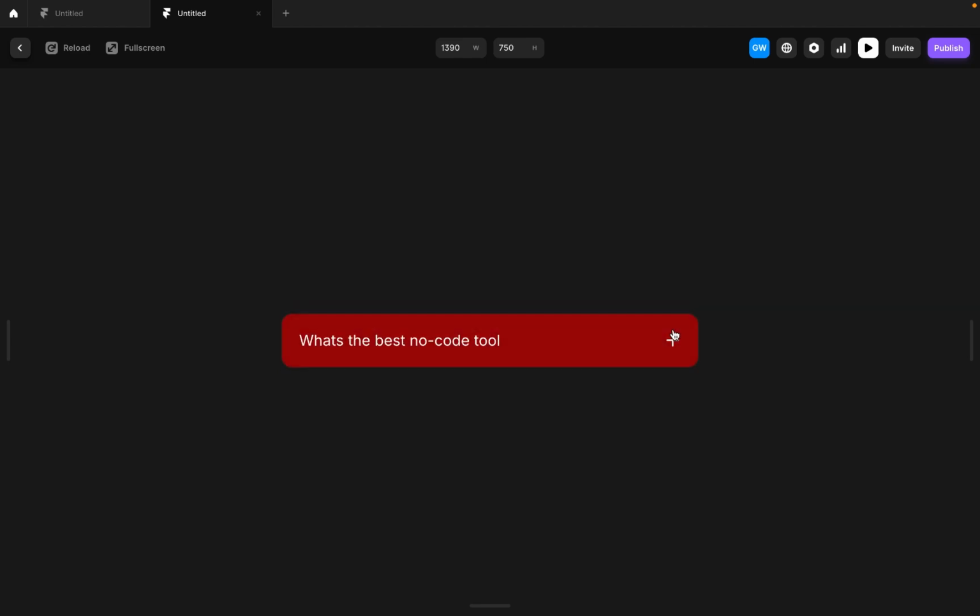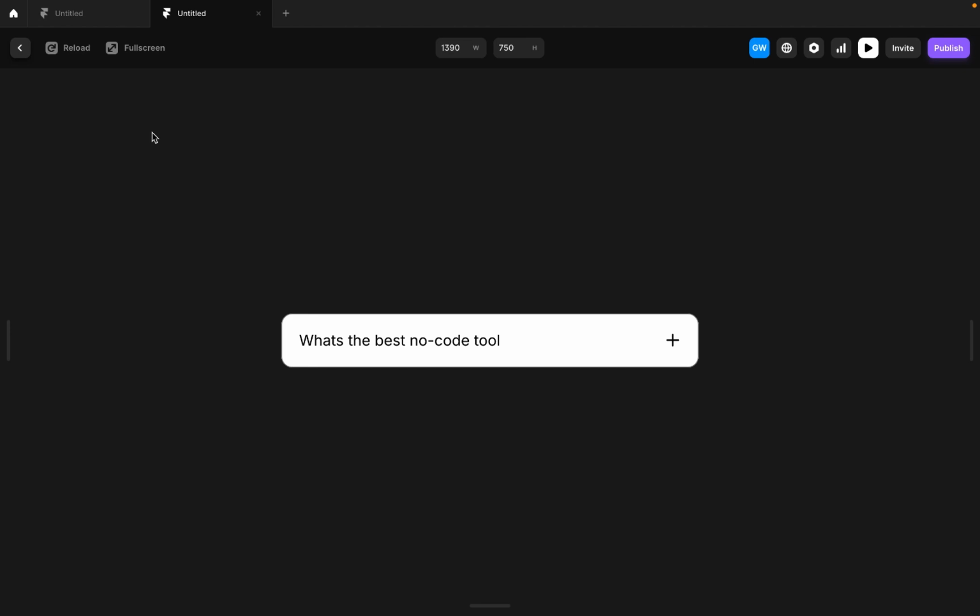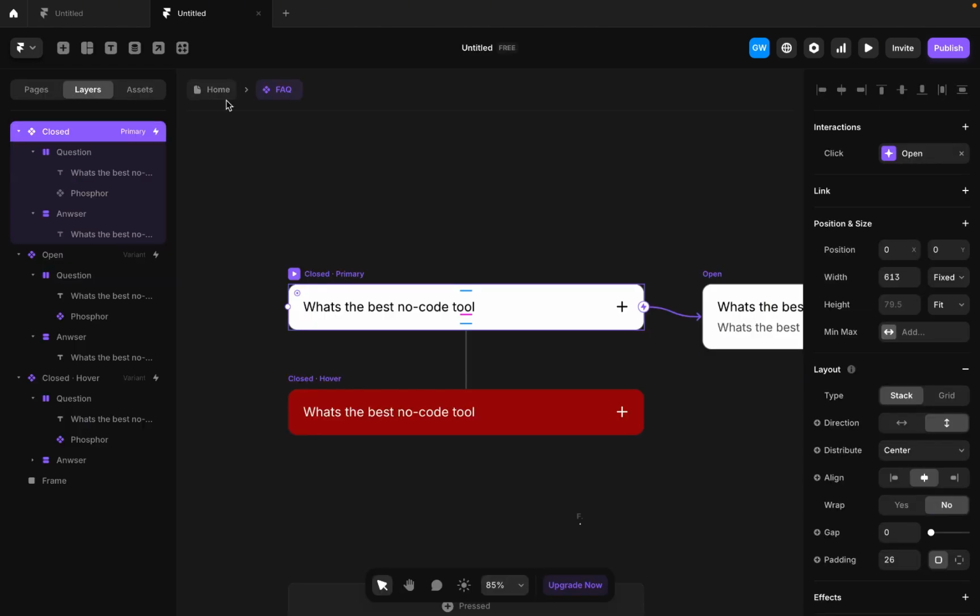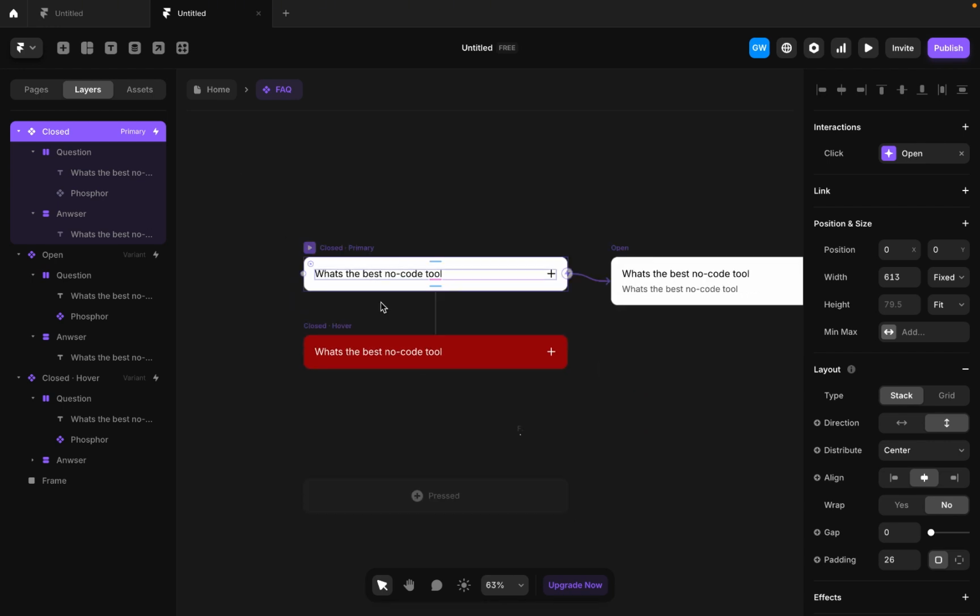So I know you have questions on what if you're creating multiple FAQs, other than one. How do you actually change the text if it's a component? So I'm going to show you how to change the text if it's a component. So we'll go back to our design. We'll go to home. Or before we do that, on our component tab over here, what you want to do